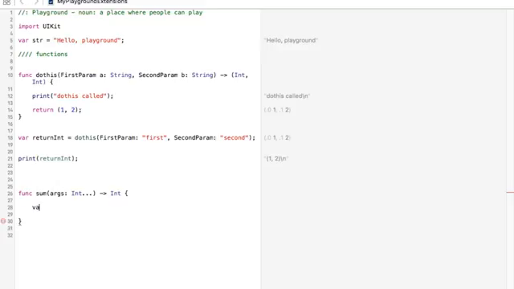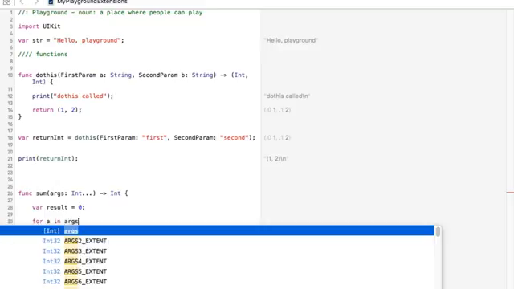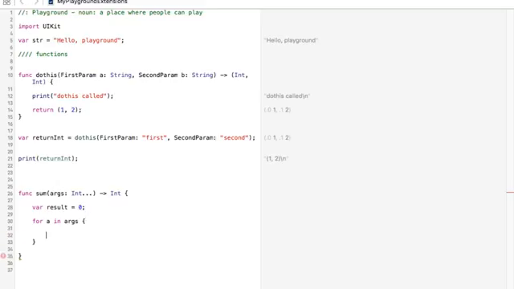As we implement a little bit more: for a in arguments, result plus a, like that, and return